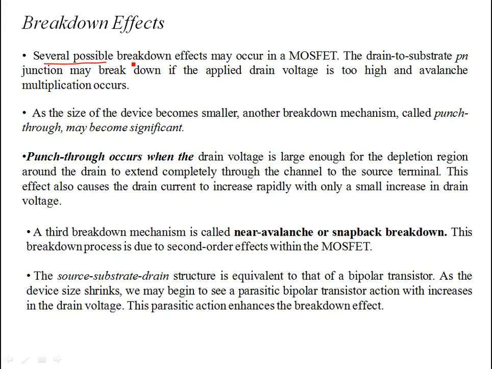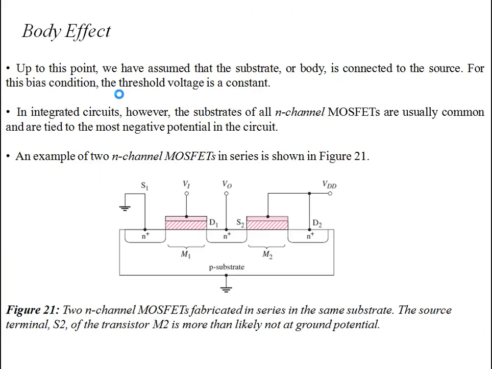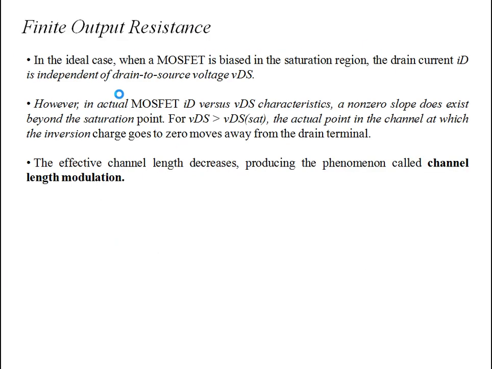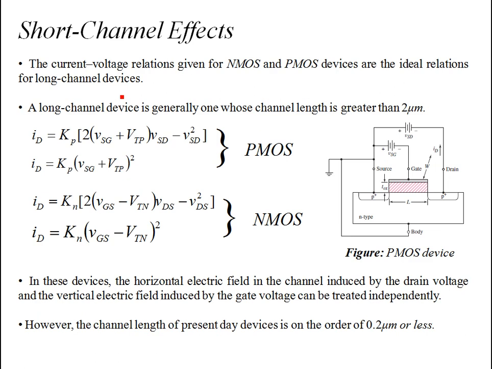Several possible breakdown effects might occur in the device. One of those is the drain to substrate PN junction. It might break if the applied drain voltage is too high and avalanche multiplication occurs. The thing is, if you have a device like this,